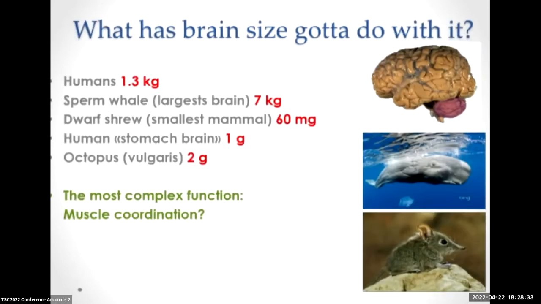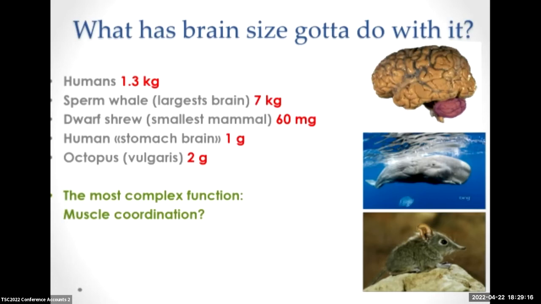So just briefly at the end, we think consciousness is such a fantastic thing about the brain, but I think it's a minor thing in the brain. Even assuming that all mammals have consciousness, it means that even the shrew with a brain of just 60 milligrams would be able to have consciousness, which seems likely, while the octopus with a brain of 2 grams does not need to have consciousness to make complex behavior, because even the very complex behavior you find in octopuses could still be programmed into the nervous system of these animals.